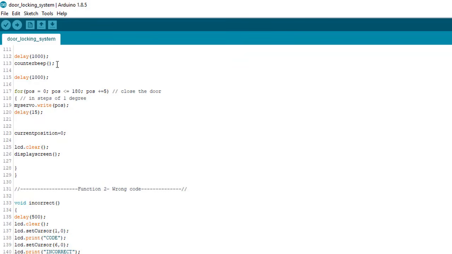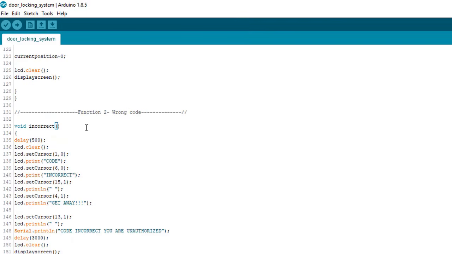After a certain period of time, let's say 5 seconds, it will close the door again. So it will go from 0 to 180 degrees after 5 seconds, and again you will get the default message saying enter the password.